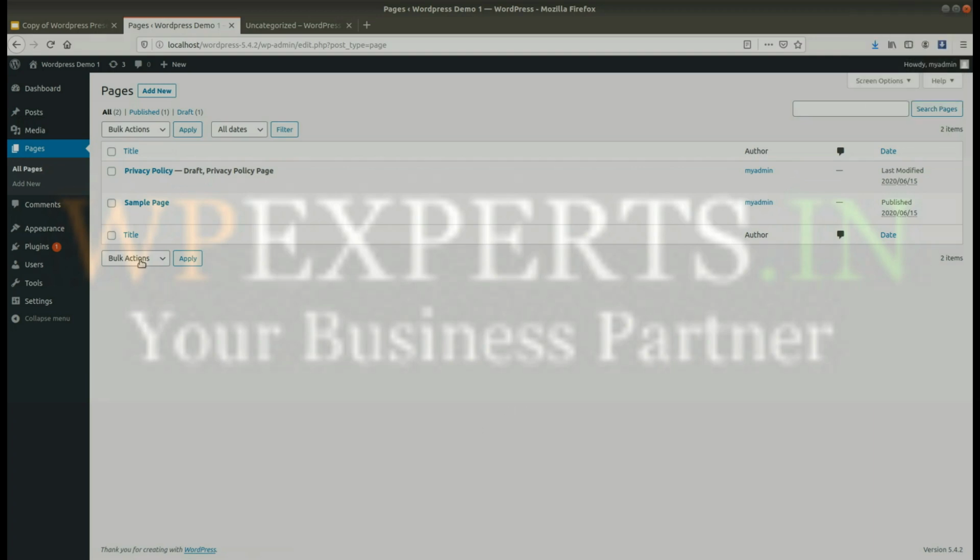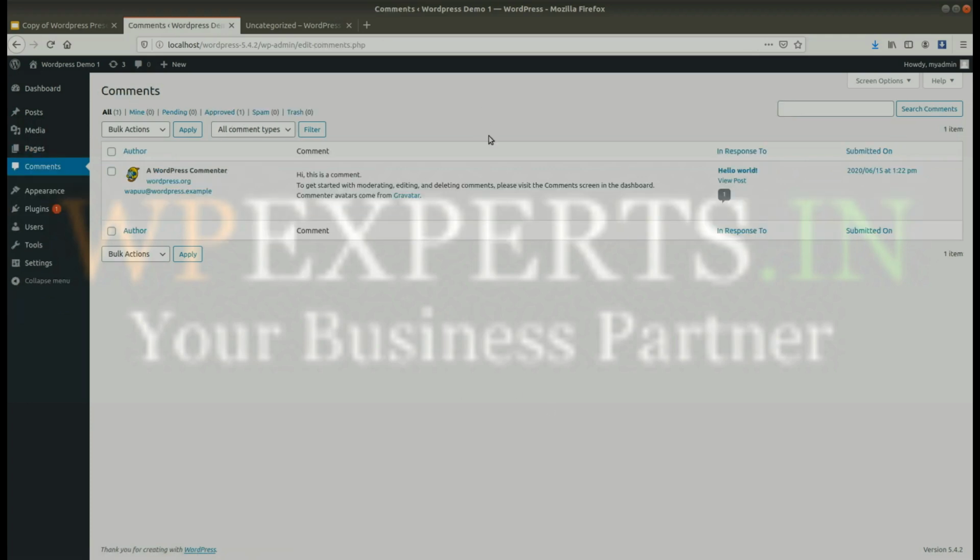So here you can manage the website pages as well. And this is the section for comments. Here you can manage the comments: you can trash, approve, or delete. So you can manage all your website comments here.